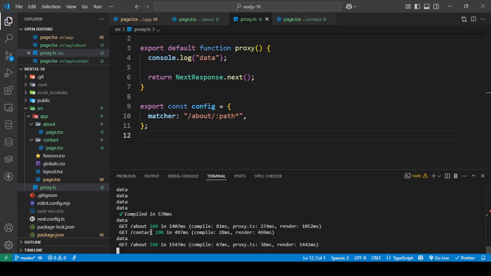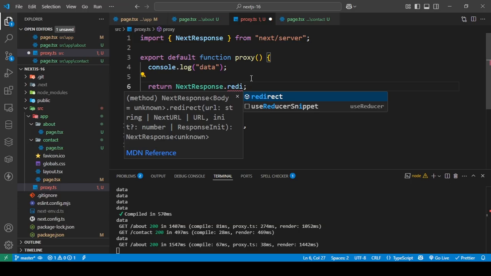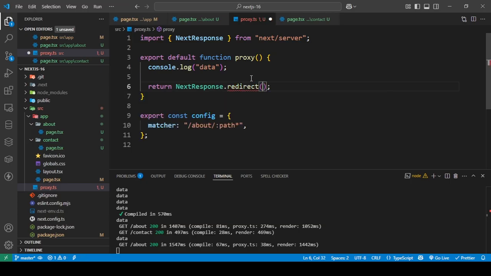For example, right now I've said that this should run only when I'm going to the about page, right? So I can redirect my user for some reason. Like if we had an application where the user had to be authenticated, I can send them to the home page if they are not authorized to go to a certain page. I can do that with NextResponse.redirect, and in this I'm going to say slash, because that's my main URL. And I have to pass in